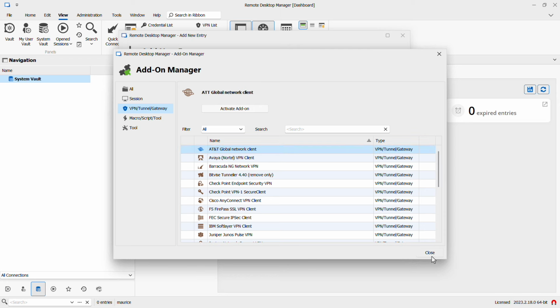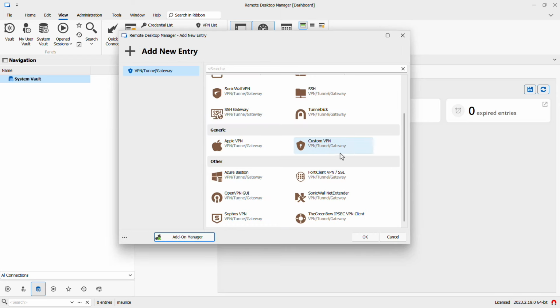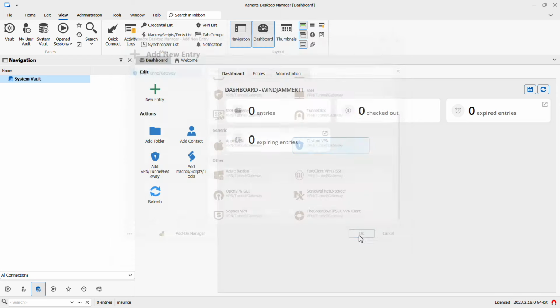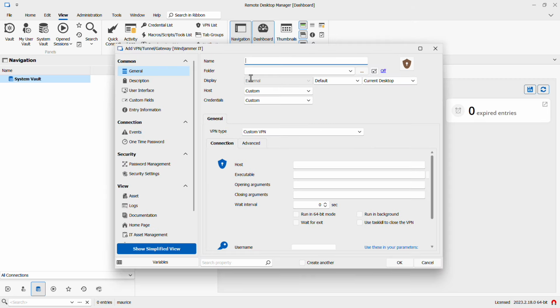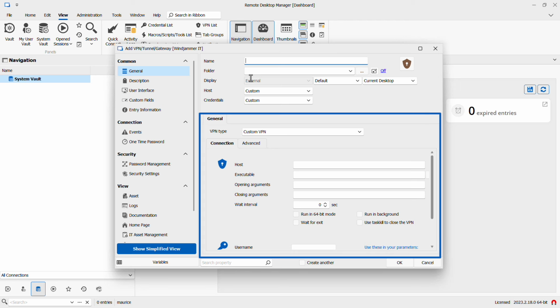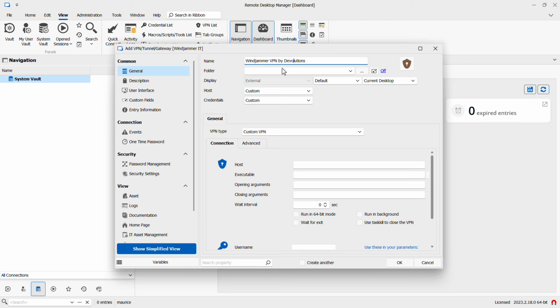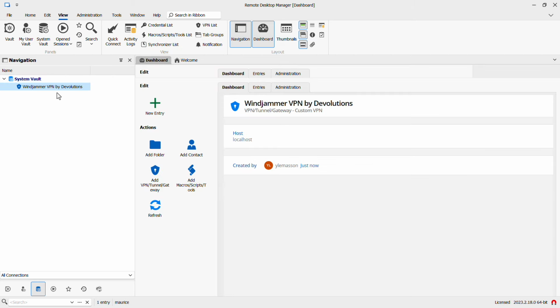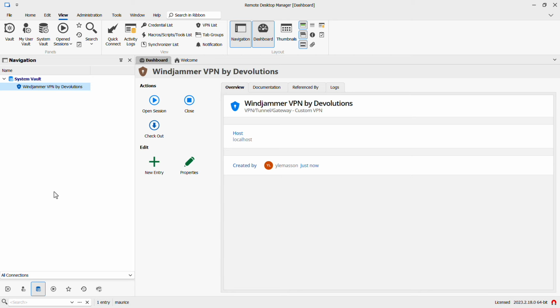At Windjammer Corp, they have a custom VPN that they use internally. We understand that not all VPNs are created equal, but they all function in a similar way. So your options might look different, but you'll have to put in some basic information like the host name, maybe some credentials, as well as some parameters like where the VPN executable can be found. Okay, so our VPN has been added to our system vault and is ready to use in any other vault